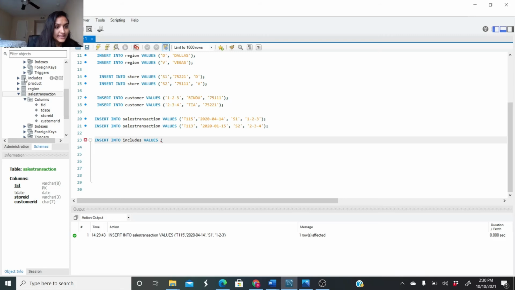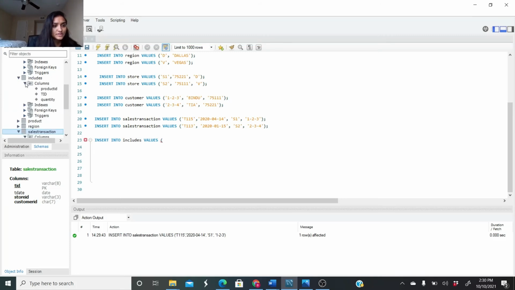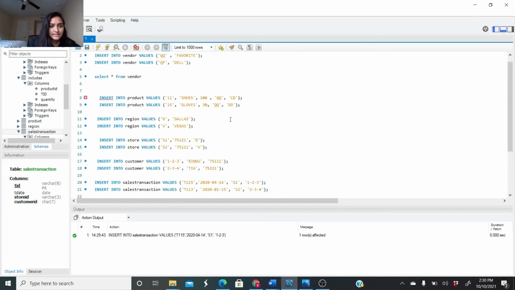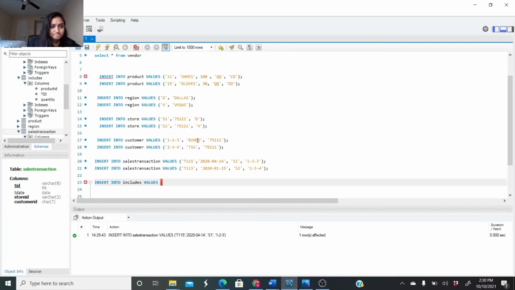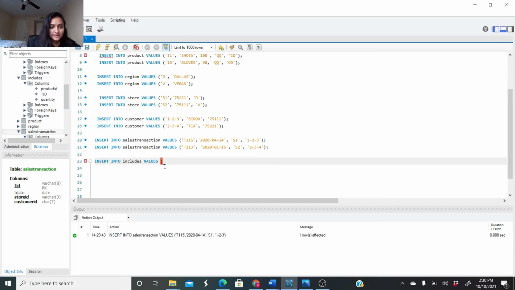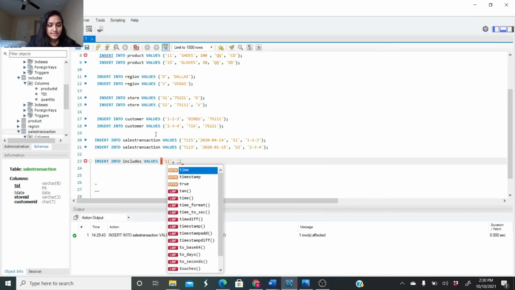So includes has, for the columns, product ID, TID, and quantity. So product ID, I gotta see what the product IDs are. So it's probably 11, and then comma, product ID, TID, transaction ID. So the TID we have is T115,